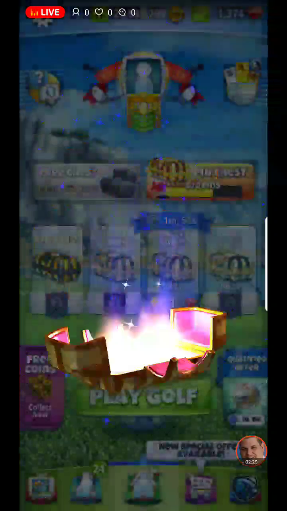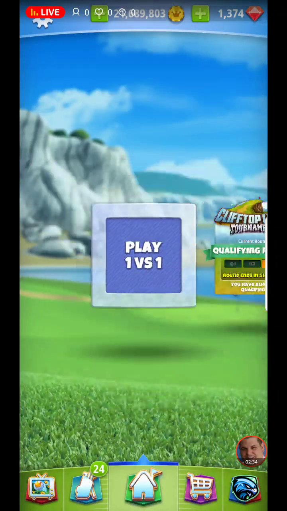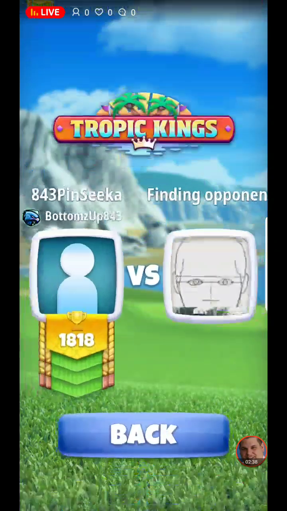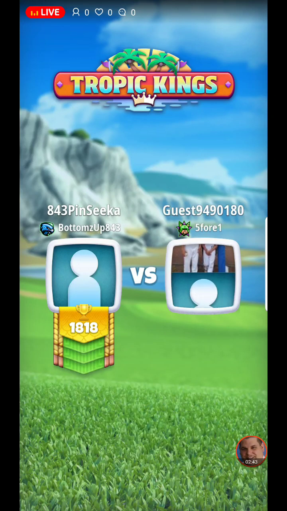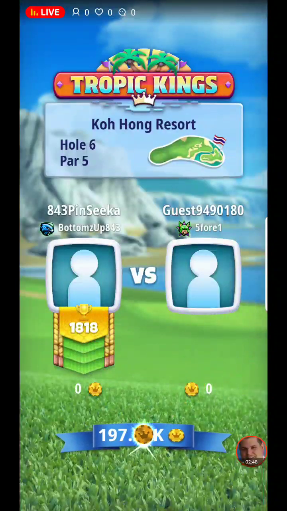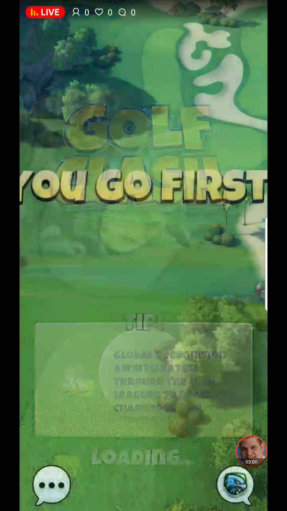pop this free chest. And we'll play a little golf. Been seeing a lot of Kohong Resort holes. They've stuck around pretty well. See quite a few of them laced throughout Tour 7 play. So